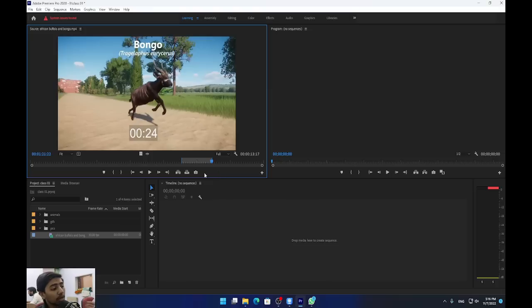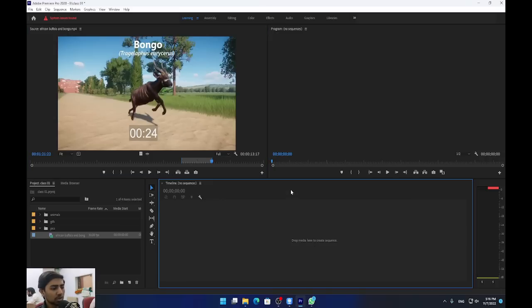Let me just show you that if you have something on your timeline and you want your video to go to that point, just take your timeline cursor here and click on this one. It means it will insert between two videos. The second option means it will insert the video onto those videos, meaning it will add your video as a layer. And this is a snapshot. Snapshot means you can take a screenshot. Just click on this one,